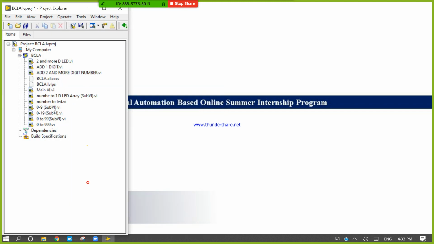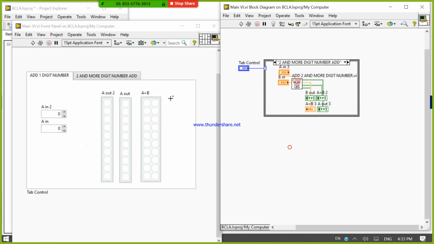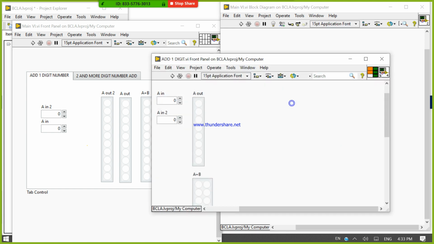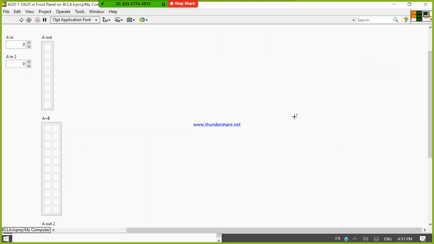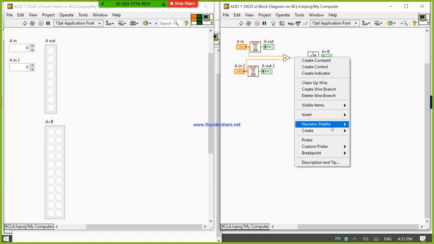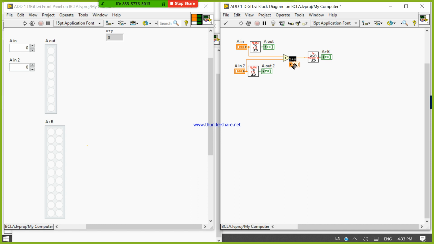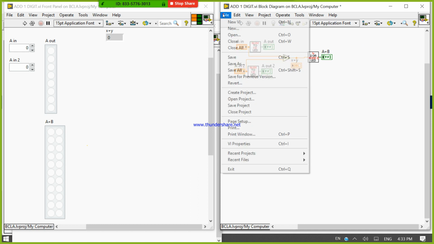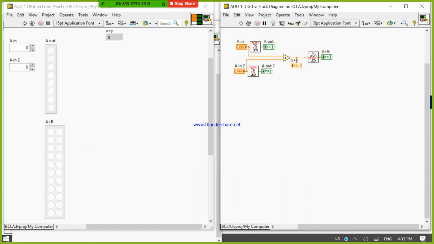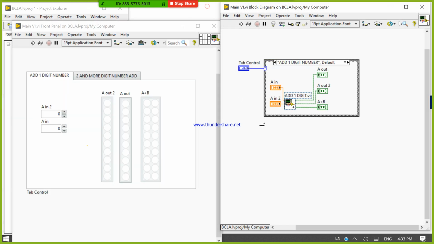Now come to our main VI. This is my main VI. Inside this main VI, here is my single digit. In this sub VI there is one problem, one mistake, and the mistake is indicators. Save. Let's see, can I use it or not?